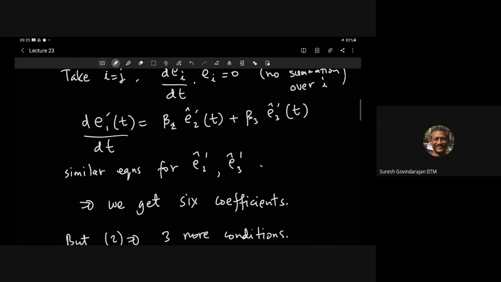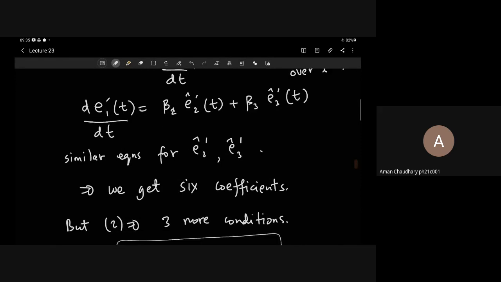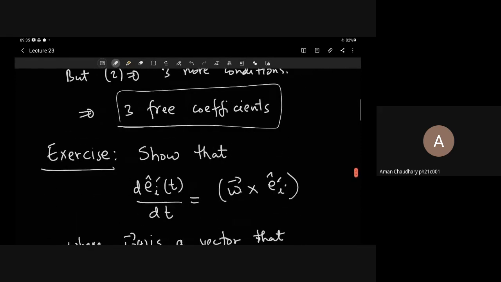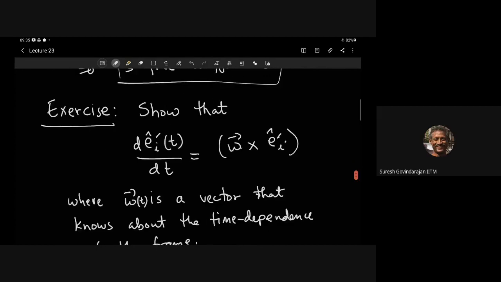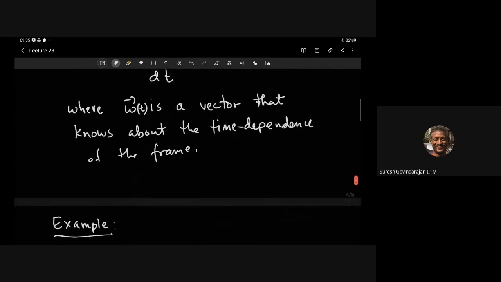There are 6 numbers, but they are determined in terms of only 3. There are equations which will make them functions of each other. I'm not saying beta 2 is 0 or beta 3 is 0. No, I mean in the exercise we are claiming that d by dt of Ei prime equals omega cross Ei prime. So before we do that example,